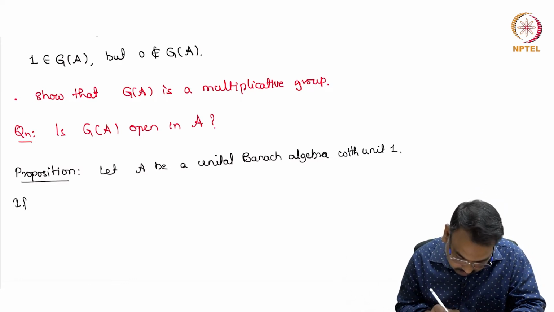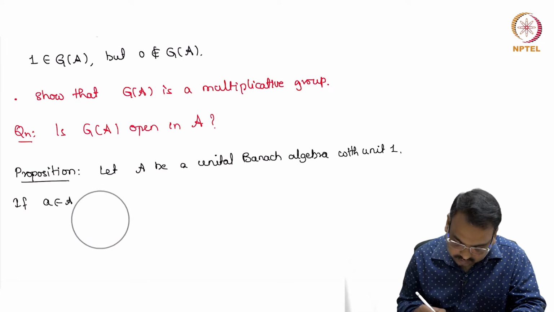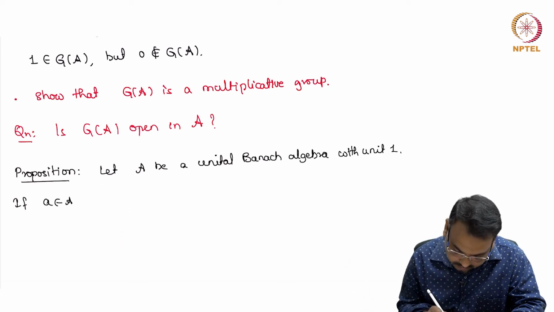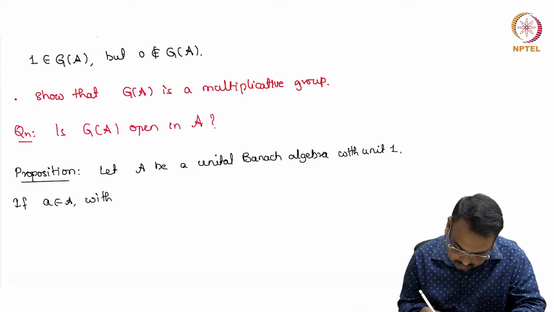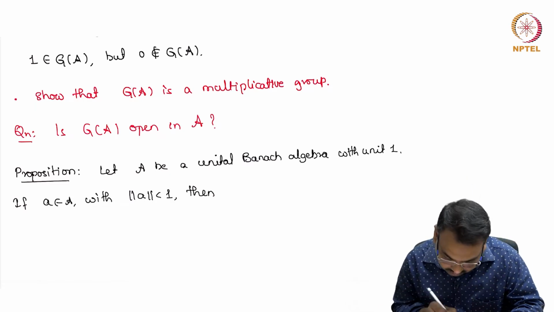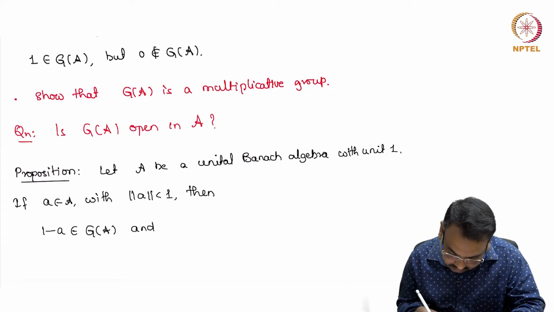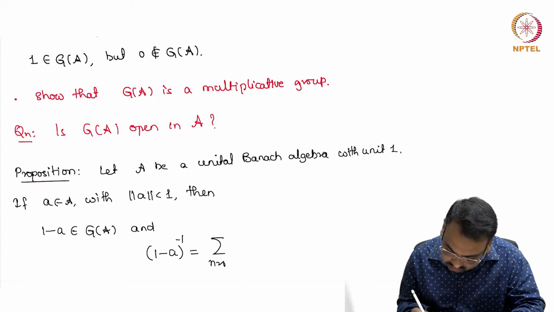If we take a in A with norm a strictly less than 1, then we can show that 1 minus a is invertible. So 1 minus a is in G(A), and not only that, we can actually write down the inverse of 1 minus a as the summation n equal to 0 to infinity